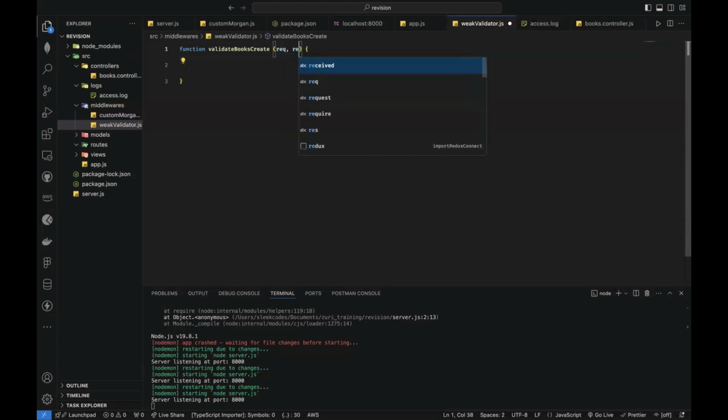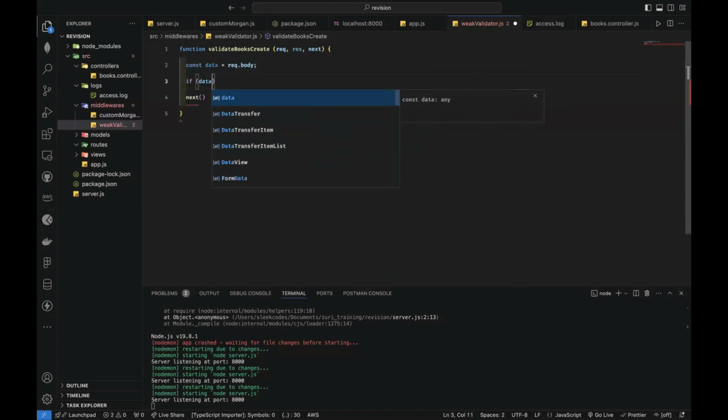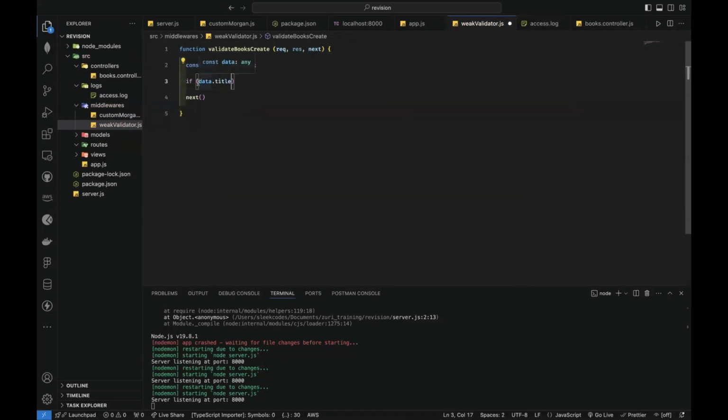So I'm going to say req, res and next, right? So let's just call next immediately so that we don't forget. Then we start writing. All right. So what do we want to do? When the user requests, we're going to get the request, we call it data equals to req.body. So we get the data from the body of the request. And we're going to check for two things. All right. So let's say if not data.title and not data.author, what we want to do is